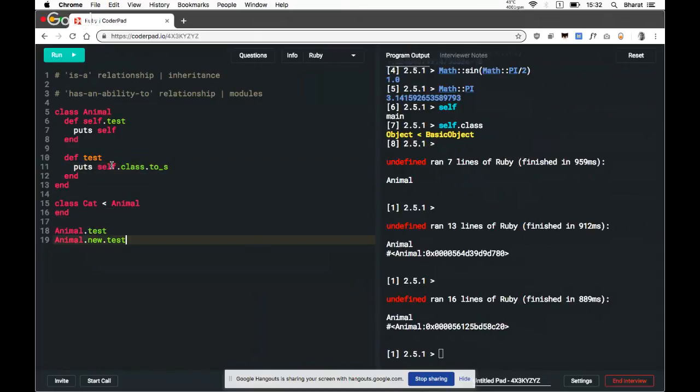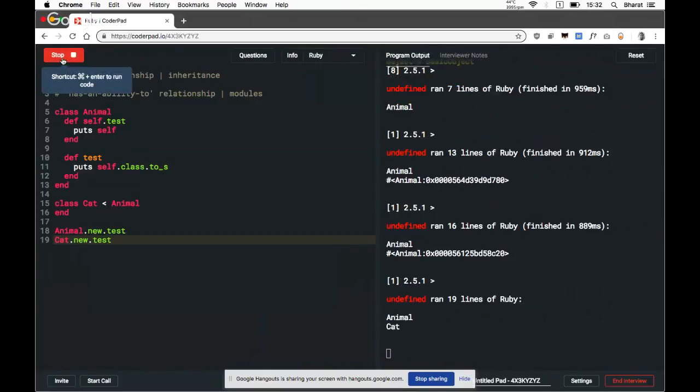Let's say this is the case. In the first case, it's being called on the superclass Animal, and in the second case, it's being called on the subclass Cat.